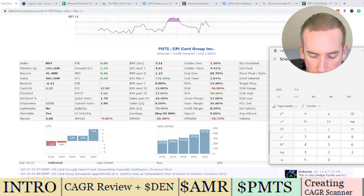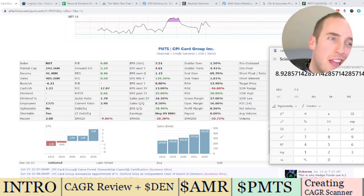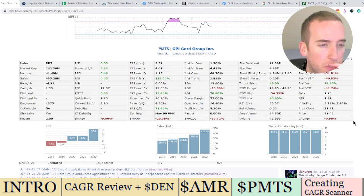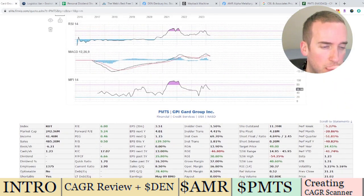So divided by 11,200,000. Is that 81 or 89? Did I get that right? Institutions owned 1 million shares. Now it's double that. So institutions own 10%. So that's a huge ranging gap. That is a huge ranging gap, and I don't think that would hit our criteria because